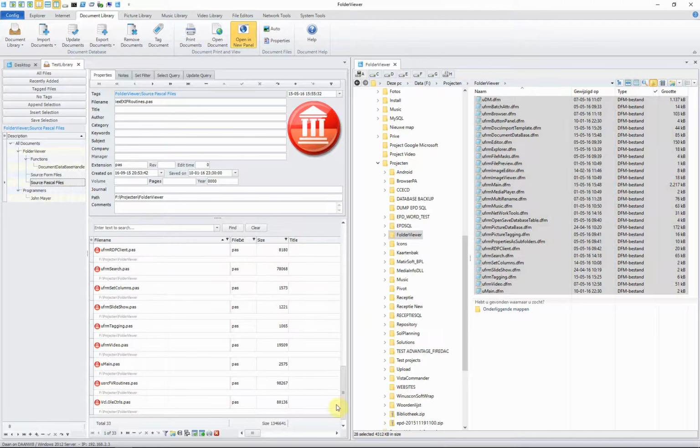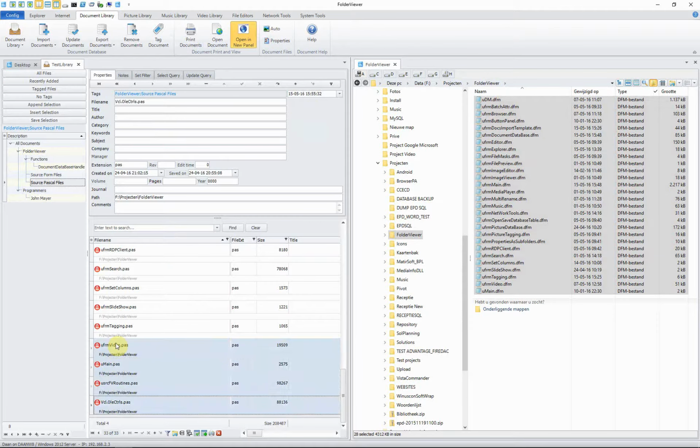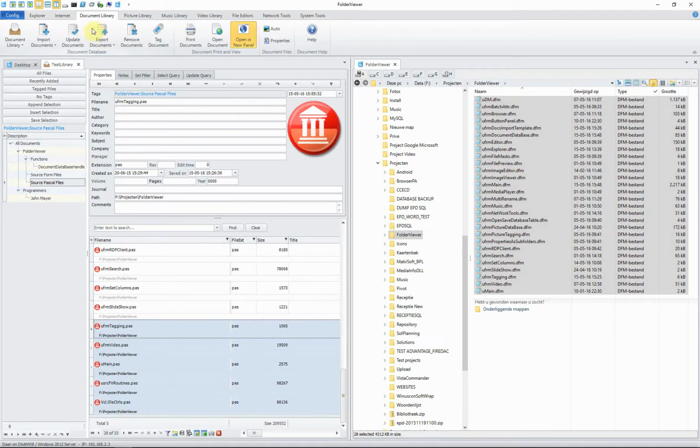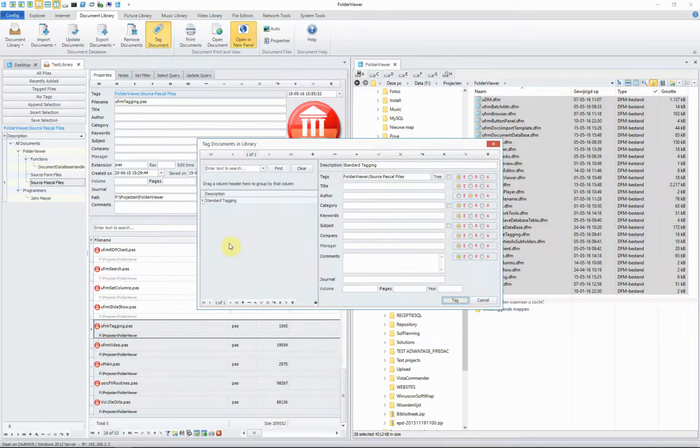Suppose we know that some files are written by a certain programmer, in this case John Mayer. We know that certain files in the database, in the source Pascal files, are written by John Mayer. Now we can tag these files using this tagging tool. It is used to tag and set certain properties of the files. For instance, we will add the author John Mayer